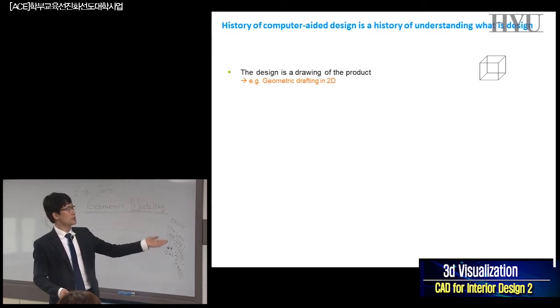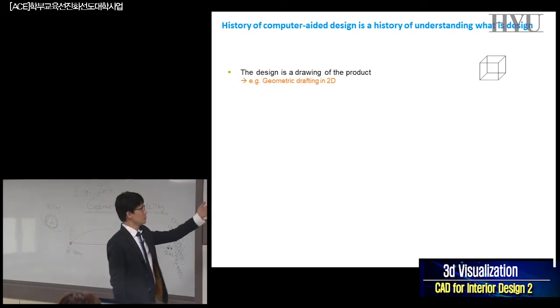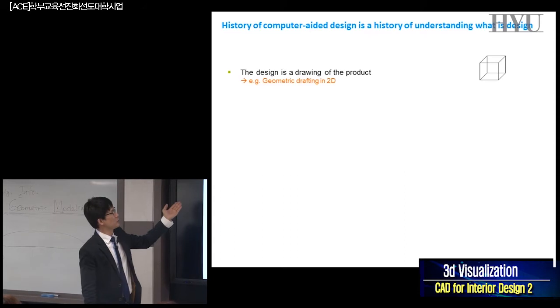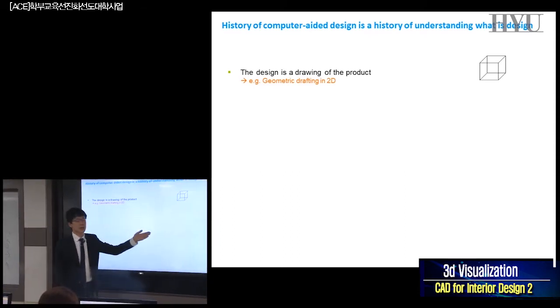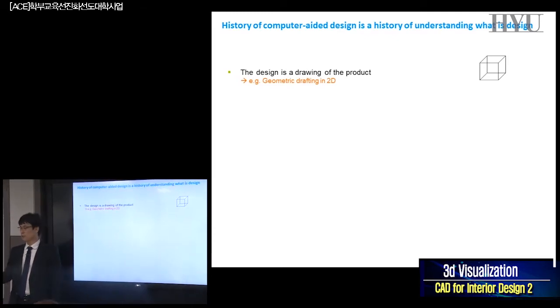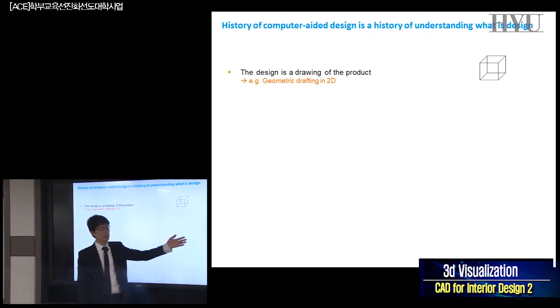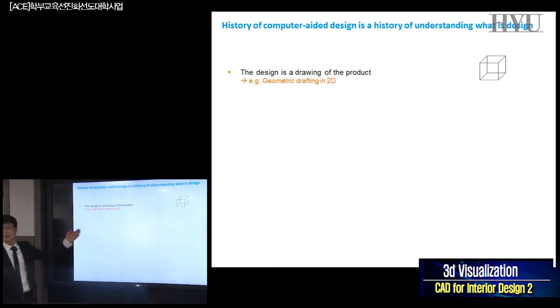I would like to bring your attention again to this diagram for understanding the history of computer-aided design, history of CAD, history of design computing, all the same terms. The history of CAD, the history of design computing, is a history of understanding what design is. How do you understand design? You have your own idea probably, but sometimes people believe that something like this is design because it is a drawing of the product. Whenever you create or manufacture something like this cubic box, you need drawings, industry standard symbols, elevation, plan, top view, front view. That kind of views and drawings